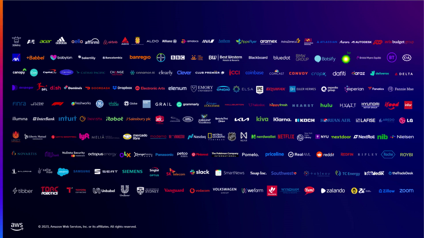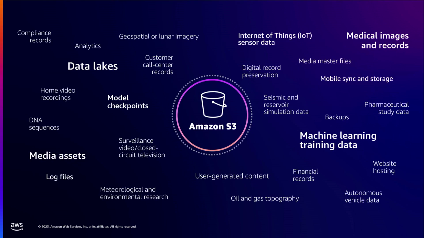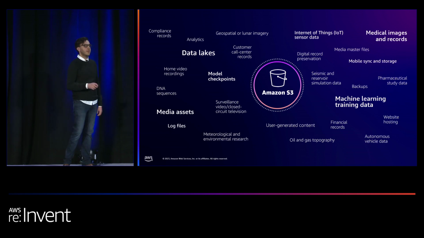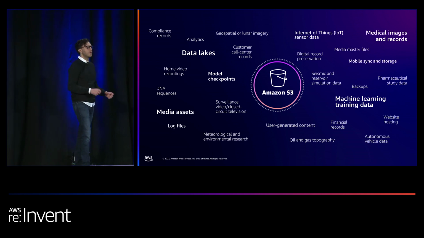Now, the thing that I find particularly fascinating about this slide is really the breadth and the depth of storage use cases and how these use cases have evolved over time. When S3 launched in 2006, it was storage for the internet. I'm sure that many of us would largely agree that top use cases back then were things like website hosting and backups. But today, we see customers of all sizes across every industry running every imaginable workload on Amazon S3. These span from running data lakes to storing massive volumes of data to train generative AI models to running analytics